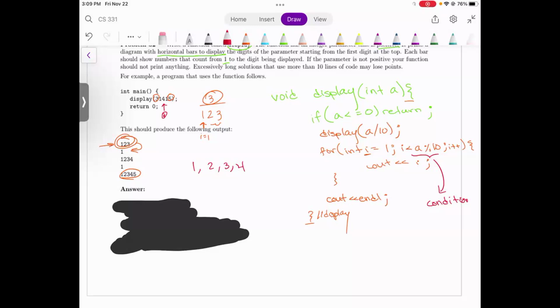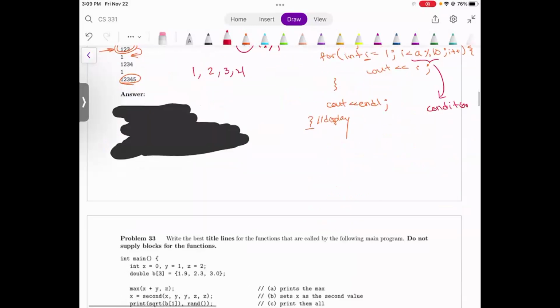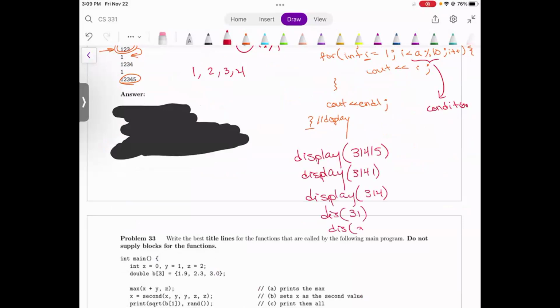Why do we put n divided by 10? Because we want to print the first digit out first. So 3, 1, 4, 1, 5. We delete the rest of the digits. This is how it works. Let me show you. Display of 3, 1, 4, 1, 5. Then we delete the other digit. We do display 3, 1, 4, 1. We take the last digit off. 3, 1, 4. Display 31. Display of 3. And then you do display of